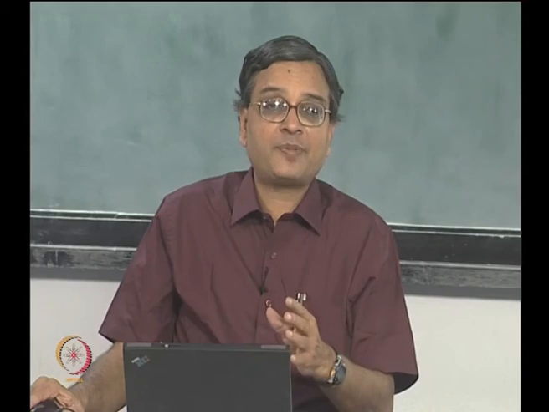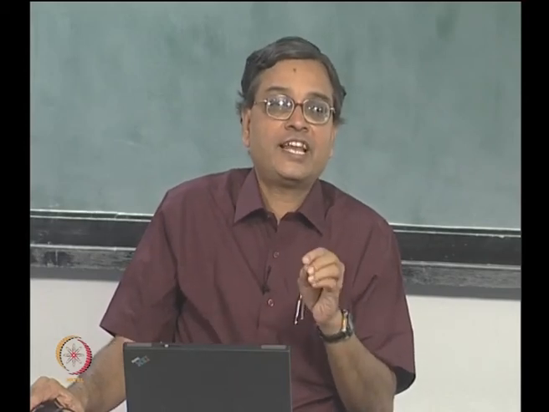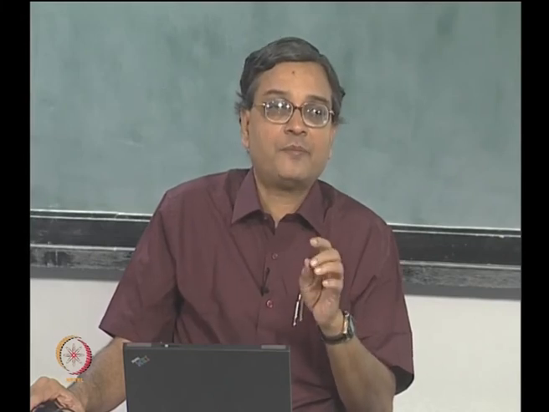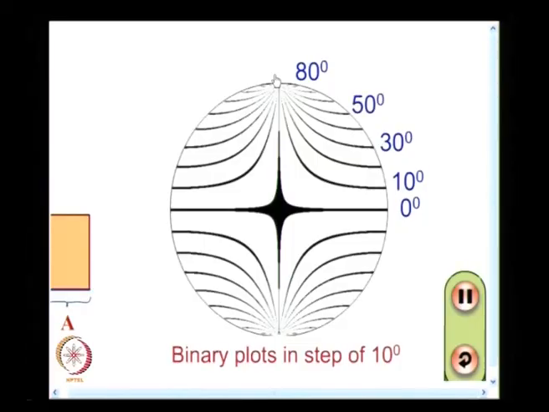In the case of Moire, I can get u displacement and v displacement separately, and getting them separately is better. Though I have to do one more experiment, getting them separately in an optical arrangement is far better from a processing point of view than getting the image of sigma 1 minus sigma 2 superimposed on the isoclinic pattern. That is what you have seen here.